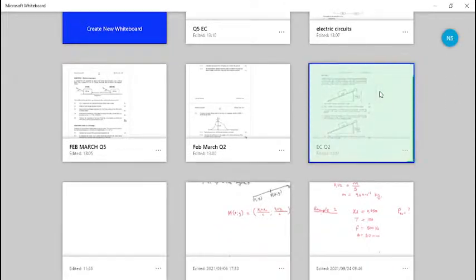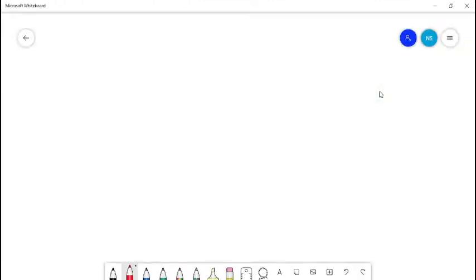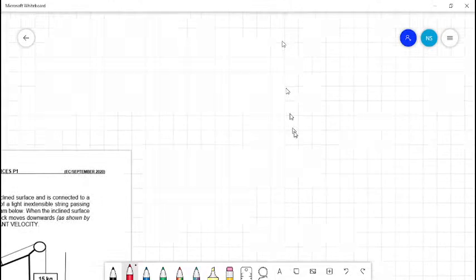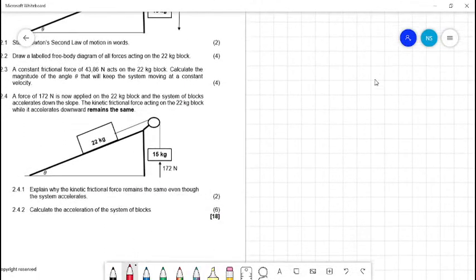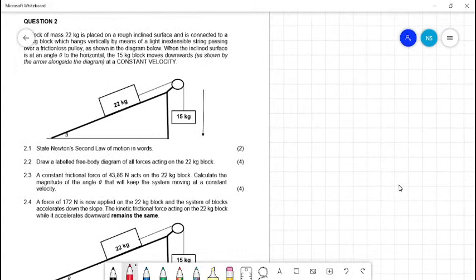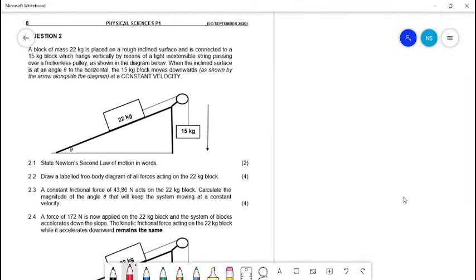And we're going to be looking at a paper from the Eastern Cape. I think it's a trial paper from last year, and then we'll be trying to answer this question and at the same time revising a few concepts in Newton's laws. Right. So before we start, I would like to highlight things that are very important for question